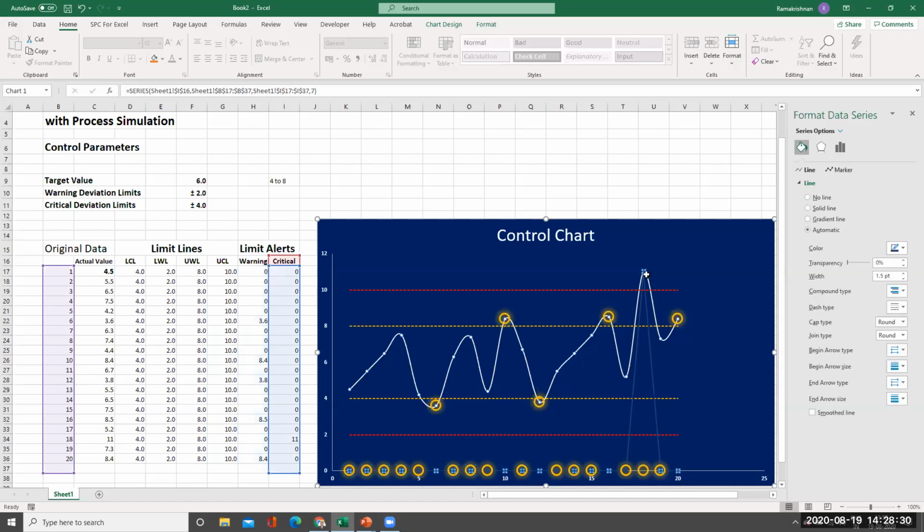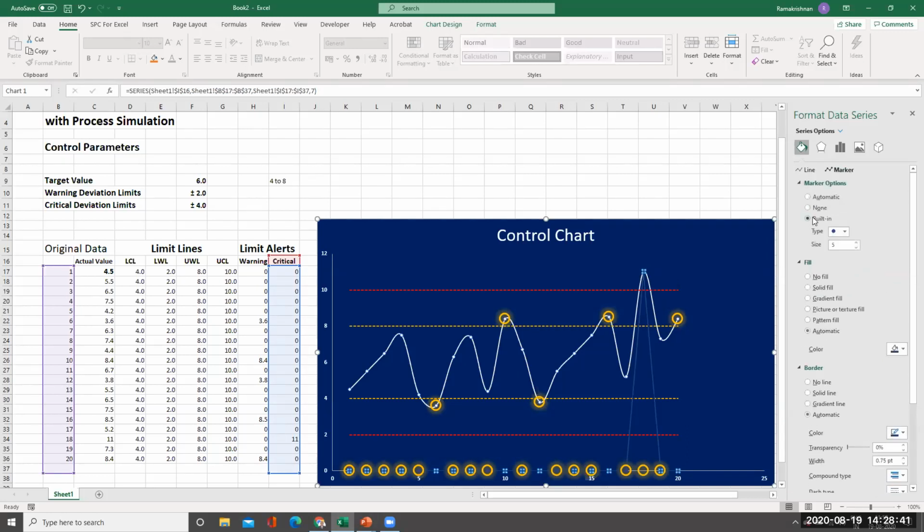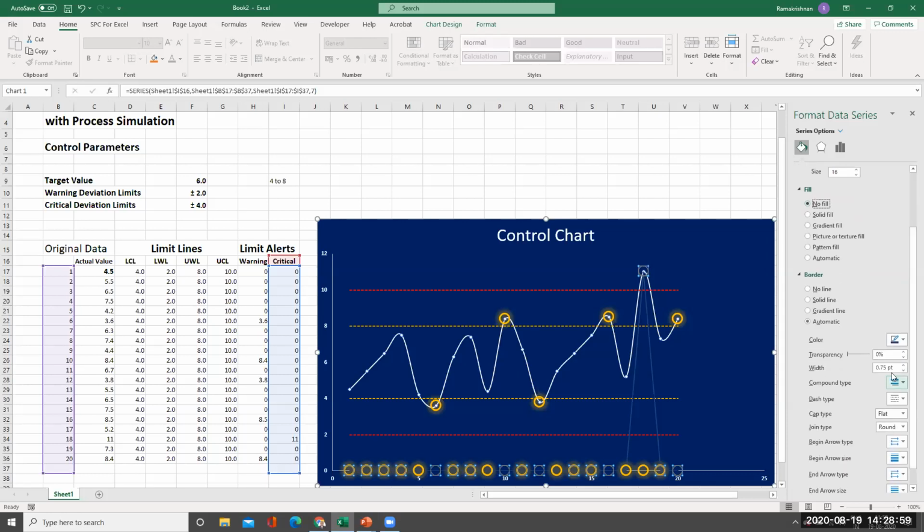Right. Now we will bother about the critical points. Critical points I'll select. See here it is selected. The line is selected. You can also see here 4 dots are there. That means the points are selected here. Now I'll put marker. Again marker option, built-in. I'll make the size 16 so that I'll be able to see it clearly. See here. And then change the color to red. So you can see this. And no fill. So that you will see that no fill is there. And then the border line thickness I'll make 2.5 so that you'll be able to see it clearly.